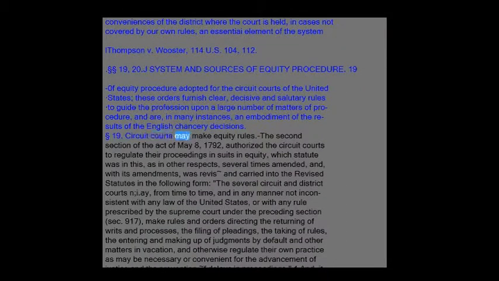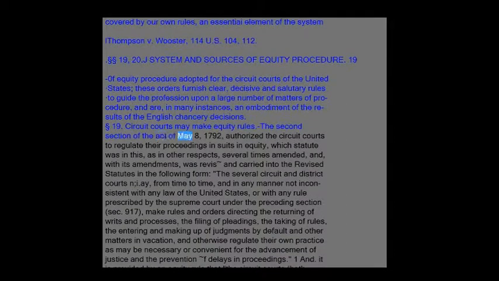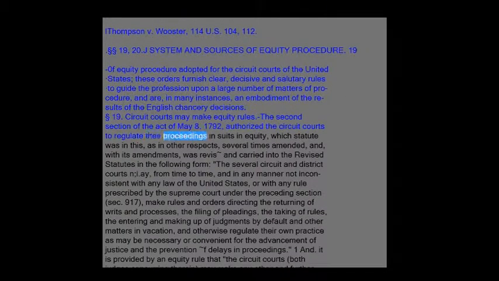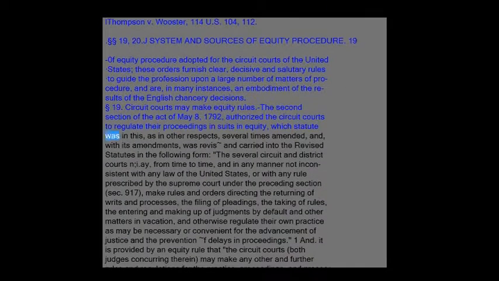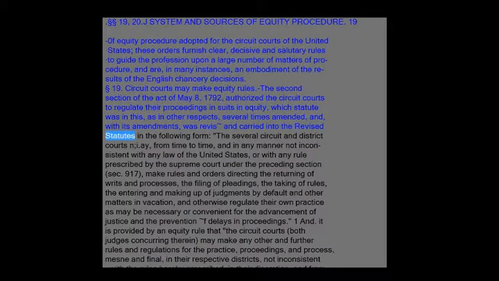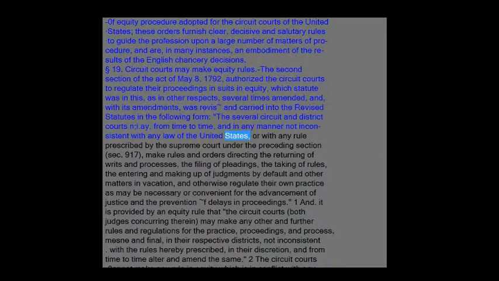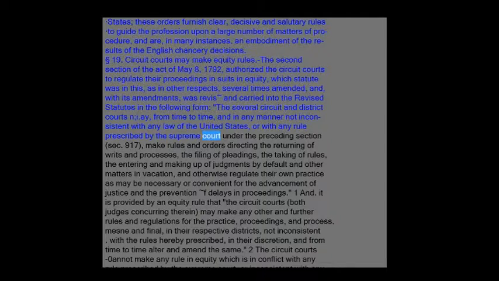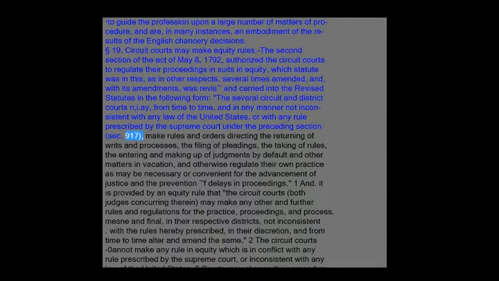19. Circuit courts may make equity rules. The second section of the Act of May 8, 1792, authorized the circuit courts to regulate their proceedings in suits in equity, which statute was in this, as in other respects, several times amended, and, with its amendments, was revised and carried into the revised statutes in the following form: the several circuit and district courts may from time to time, and in any manner not inconsistent with any law of the United States, or with any rule prescribed by the Supreme Court under the preceding section, Section 917, make rules and orders directing the returning of